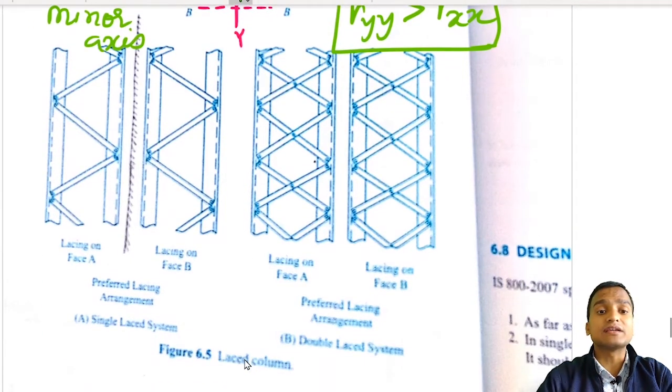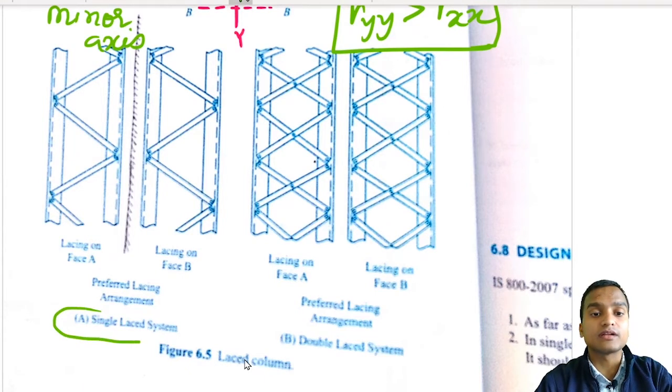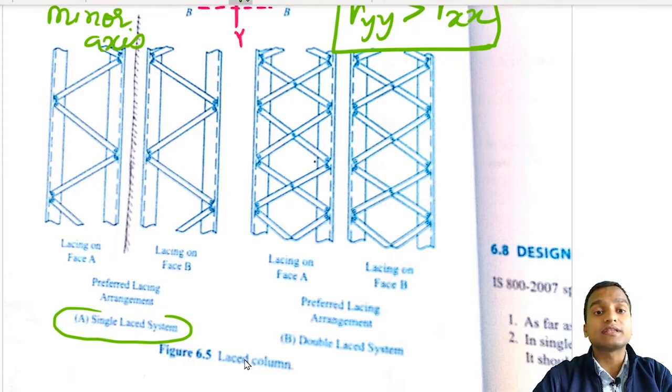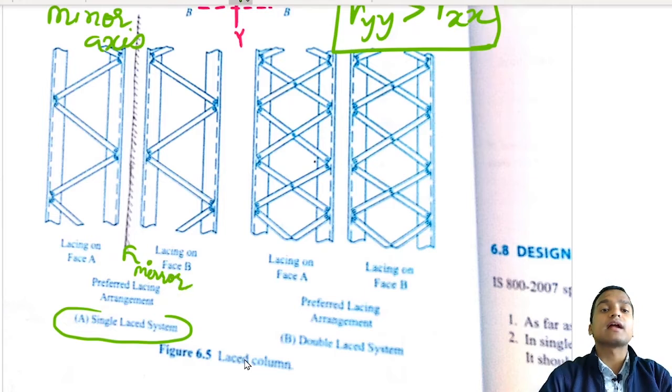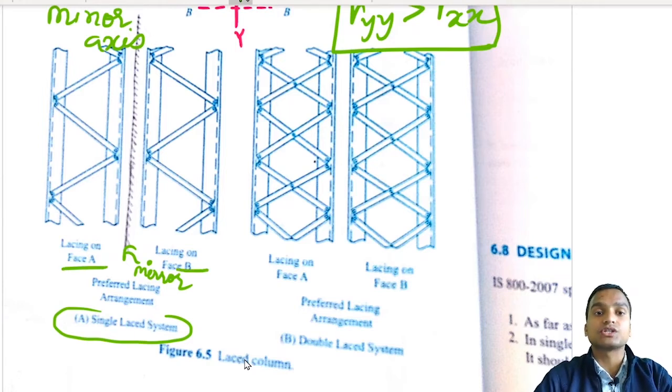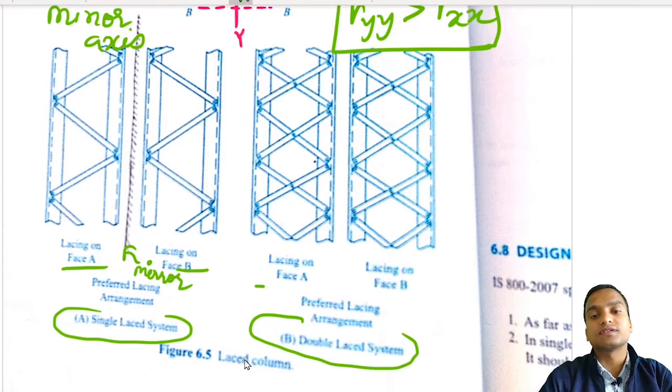And you can see the single lacing system shown above, and on both faces, the front face and the back face, lacing is done in such a way that they appear as shadows of each other. You see this mirror here, just for your convenience to understand that on face A and face B, lacing should appear as shadows of each other. And in double lacing column, you don't need to worry, on face A and face B both have the same coinciding pattern.